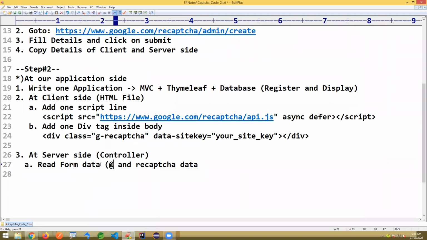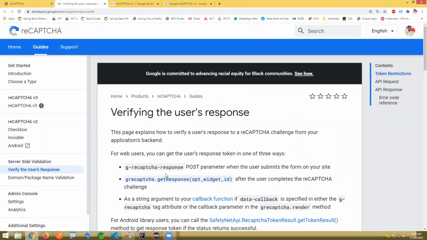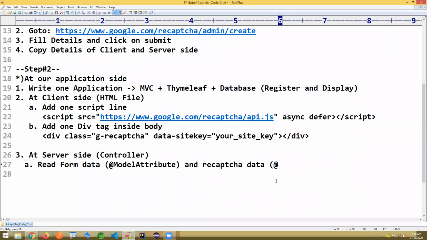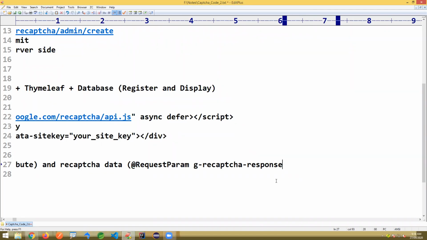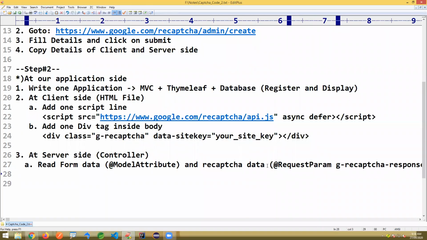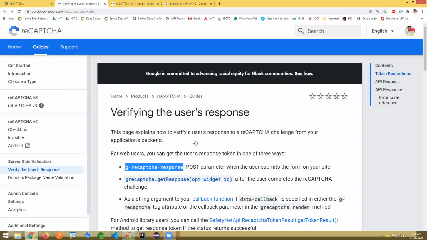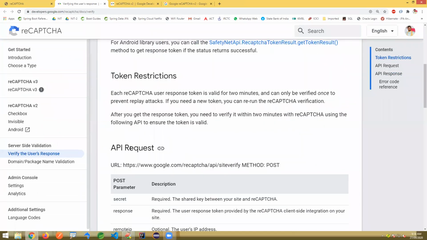Generally, form data we read using the @ModelAttribute, and reCAPTCHA data we have to read using this g-recaptcha-response by using @RequestParam. Okay, once the reading is done here, use one HTTP client and make a request.